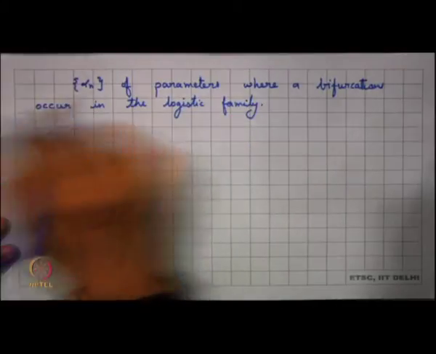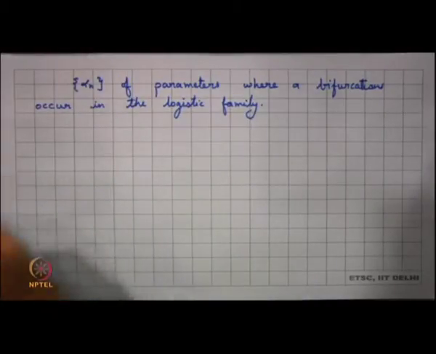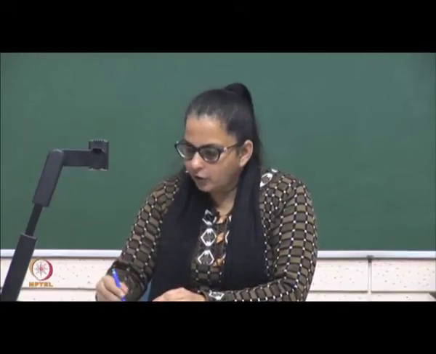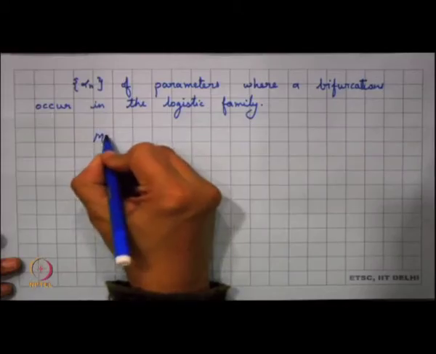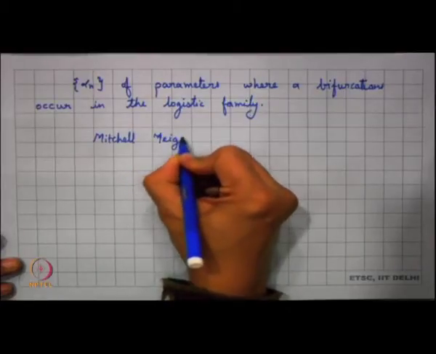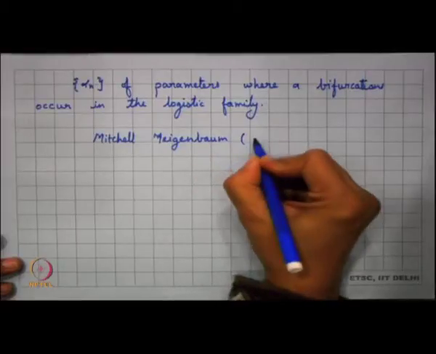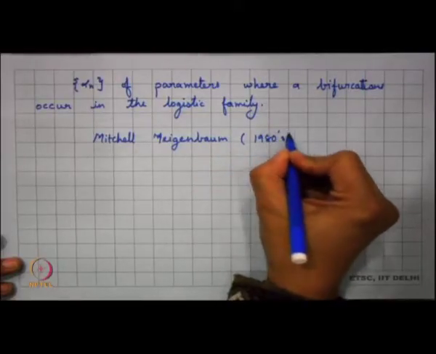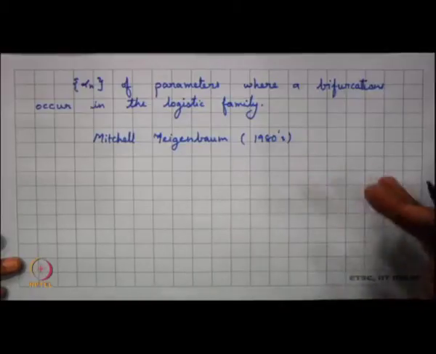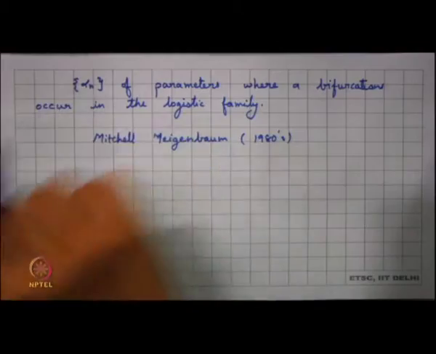Now, what happens to this particular alpha n? Is there a way where we can actually try to compute this alpha n, knowing some parts, can we compute the other? So, it was observed by Michel Feigenbaum somewhere again in the 1980s, that there is a way of quantifying this period doubling bifurcation, quantifying this kind of bifurcation.